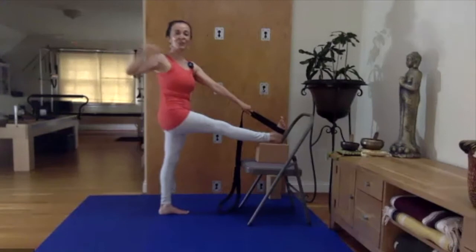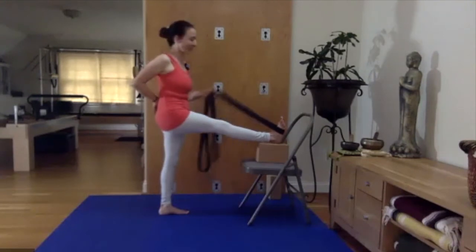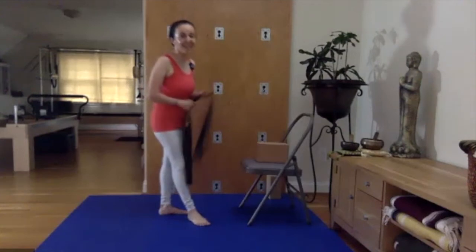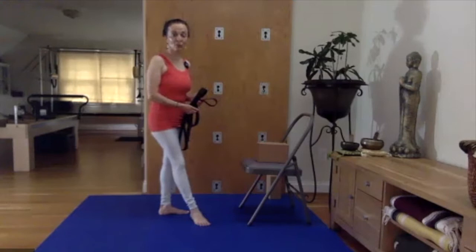If it's too much on the shoulder, you can use the hand into the back body to participate in the twist. There are many ways to back off. There are many ways to ask for more, and we will explore many variations. Very nice. If in fact you are practicing readying for our retreat by doing this from the floor,